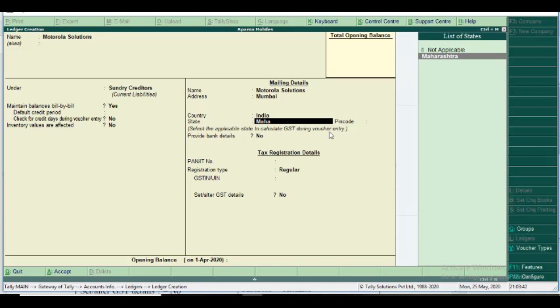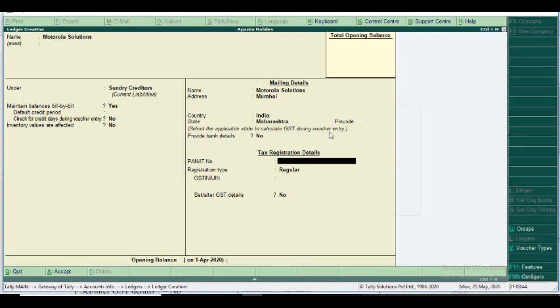So you select Maharashtra. Then the PAN number ASDFG1234B, 10 digits. Then registration type regular, with the same GST number. Here 27 is the Maharashtra starting code, then the PAN number ASDFG 1234 and then B. Again I give the same 1ZA.